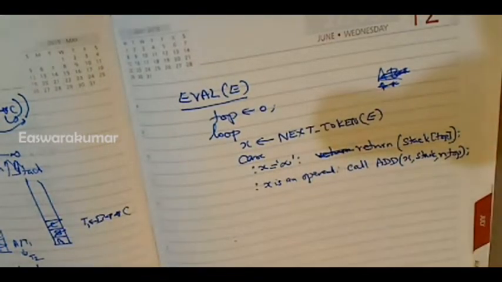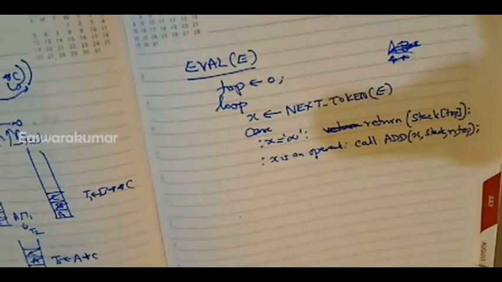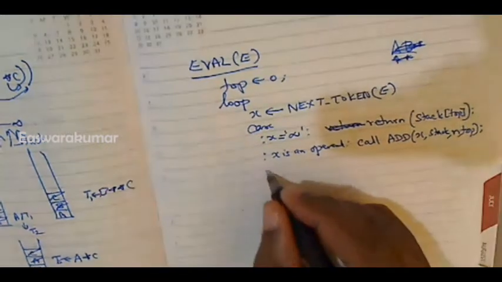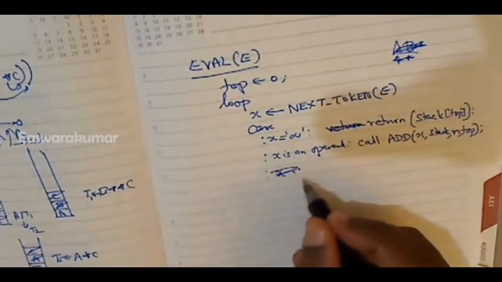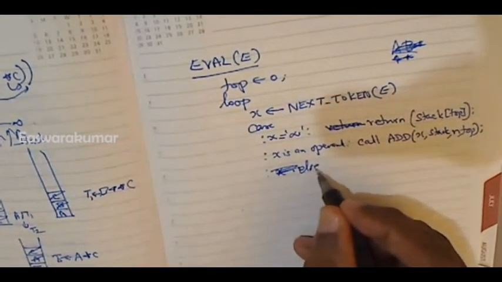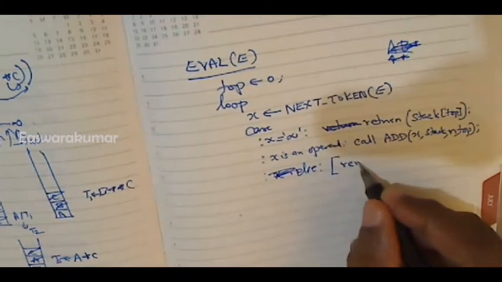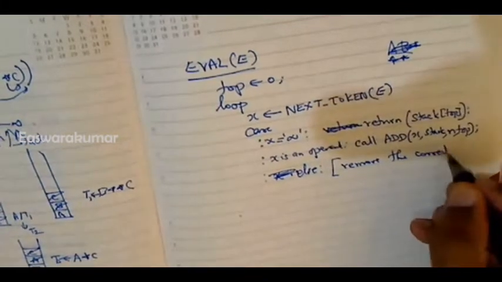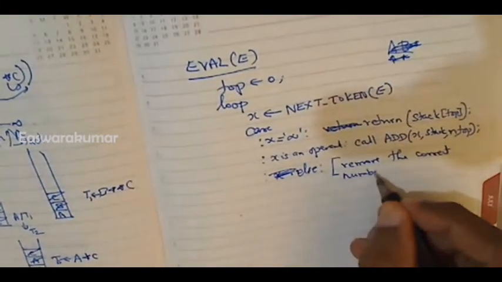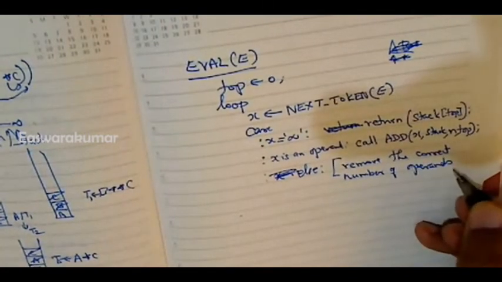Then one more thing is, the token will be an operator. The operator may be a unary operator or a binary operator, that we do not know. So depending on the operator, we have to perform, right? So if X, otherwise you can say else. Only three cases. So if these two cases are not there, then automatically it means it is an operator. So if it is an operator, what do we do? We have to remove the correct number of operands